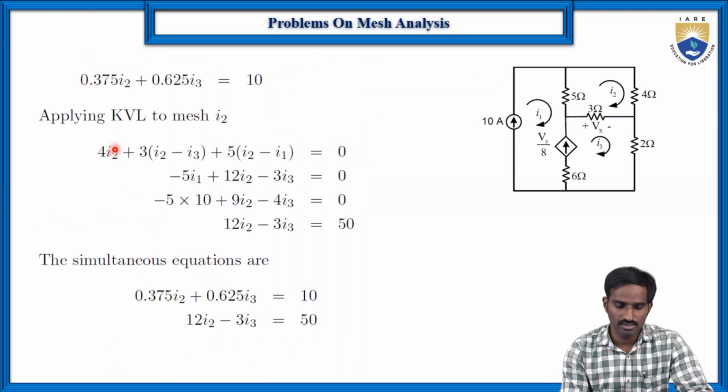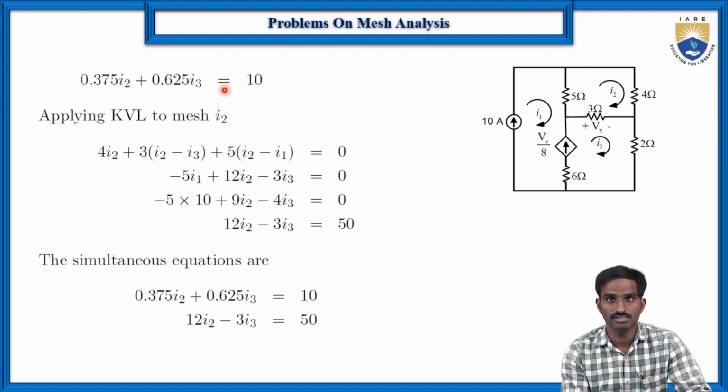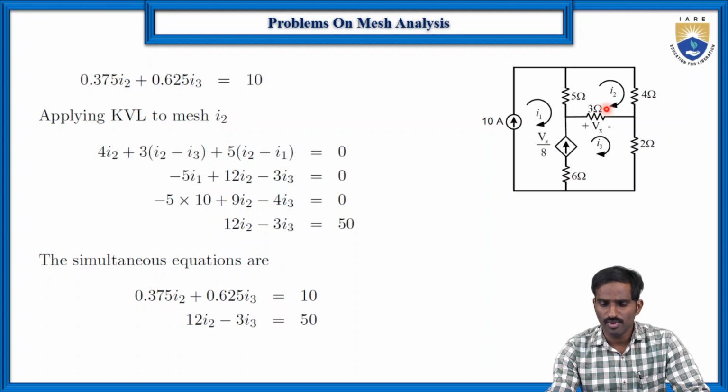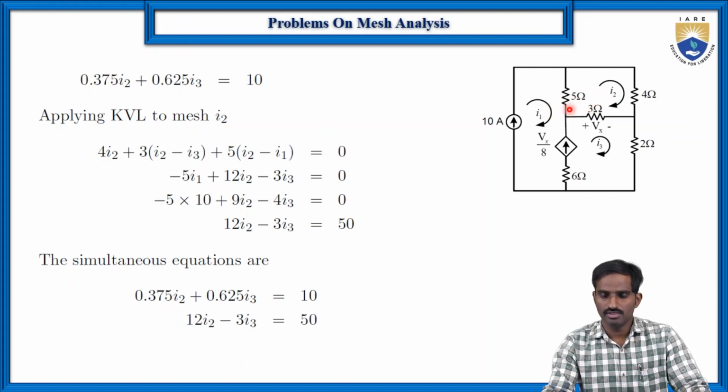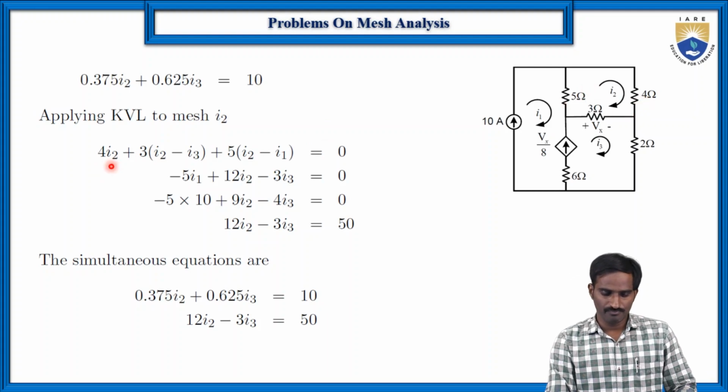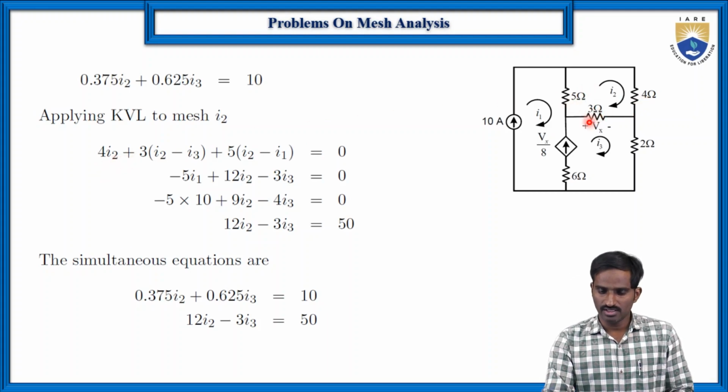Okay, so here 0.375 I2 plus 0.625 I3 is equal to 10. Then let us apply the KVL to loop 2. By applying the KVL to loop 2, you will get the equation in terms of I1, I2, I3. But anyway, we know the value of I1, so here also you will get the equation in terms of I2 and I3. So here it is 4 into I2 plus 3 into